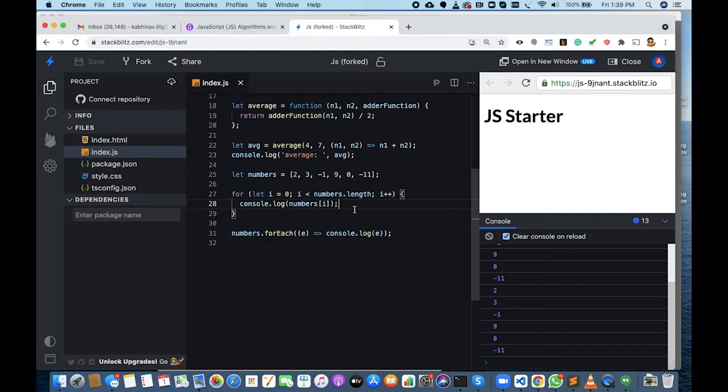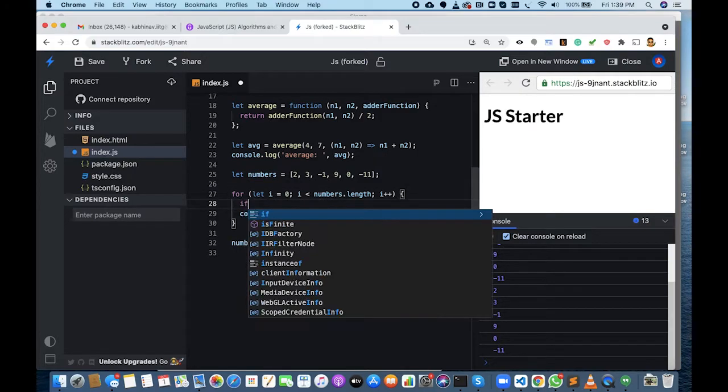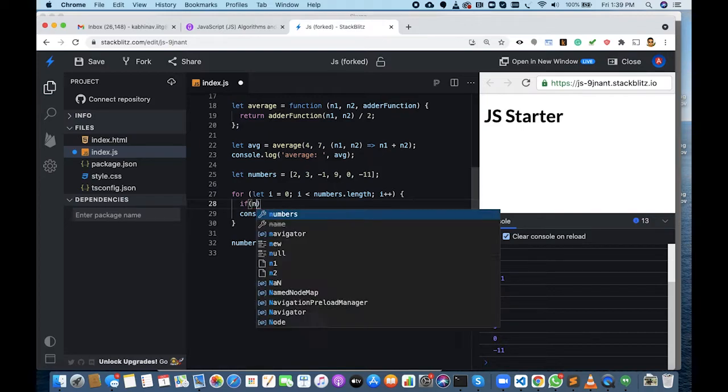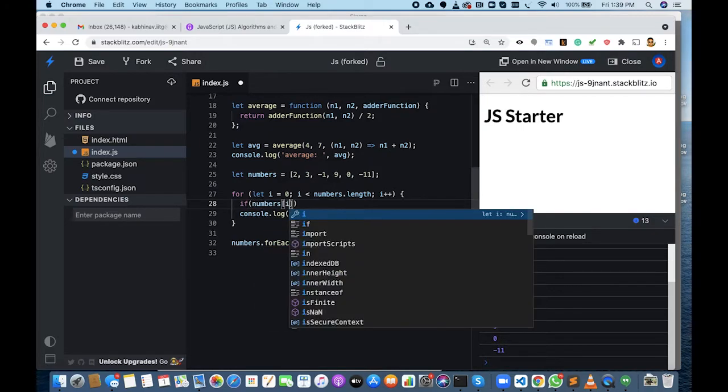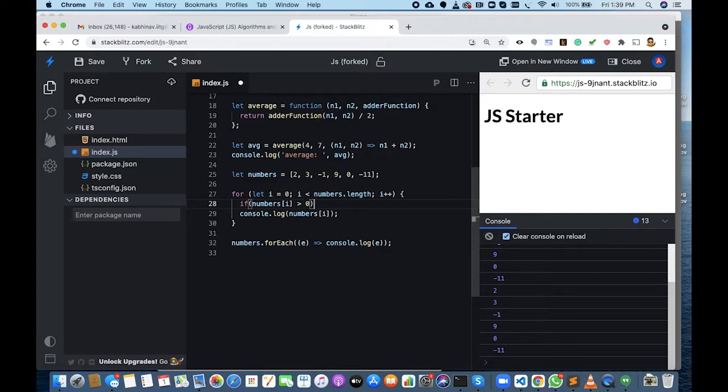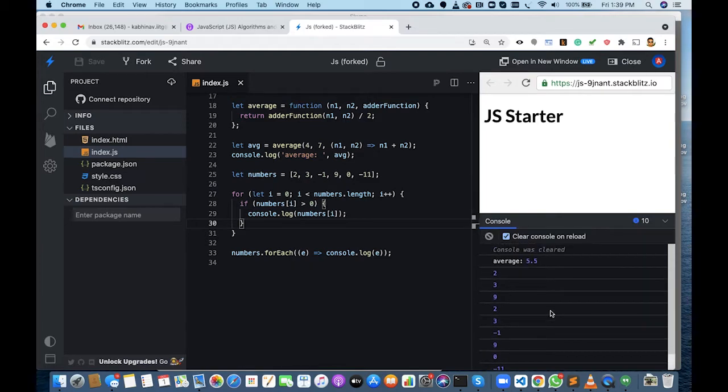For example, if you want to print only positive numbers which are greater than 0, I can write, say, if numbers[i] greater than 0, only then print it. You can see on the top only positive numbers are printed, 2, 3, 9, right? Only 2, 3, 9.